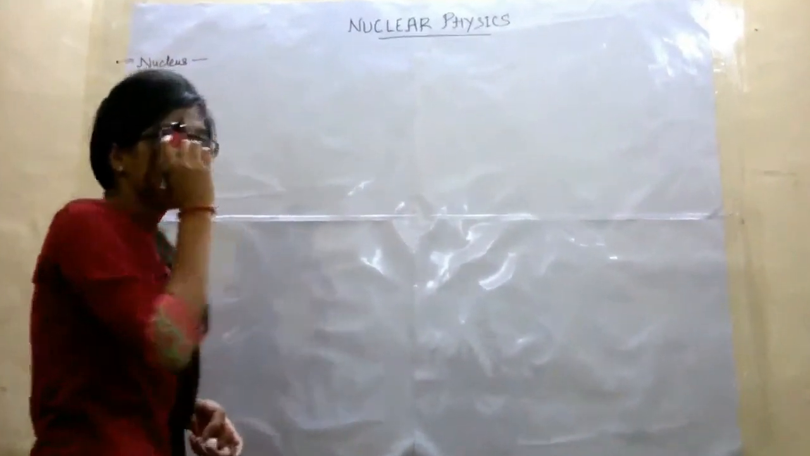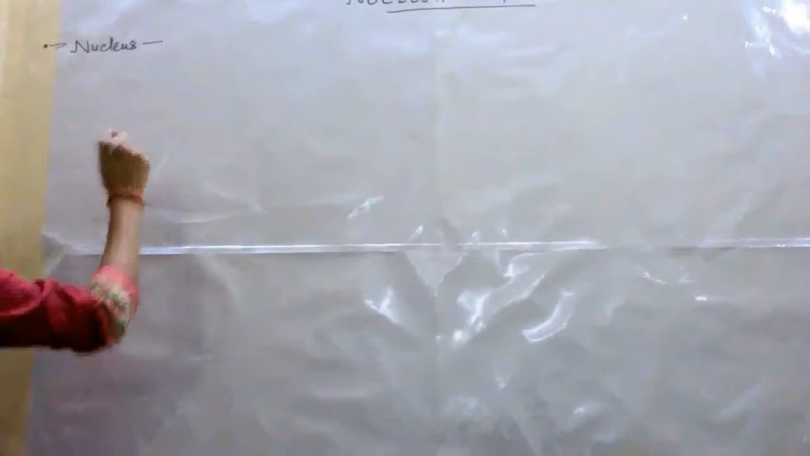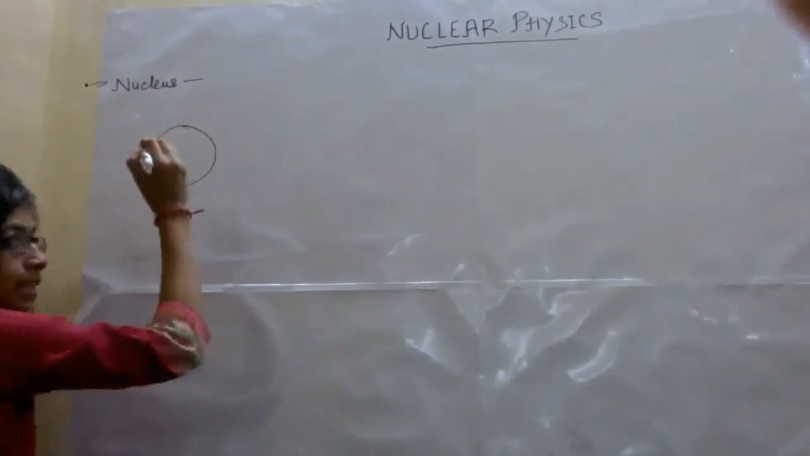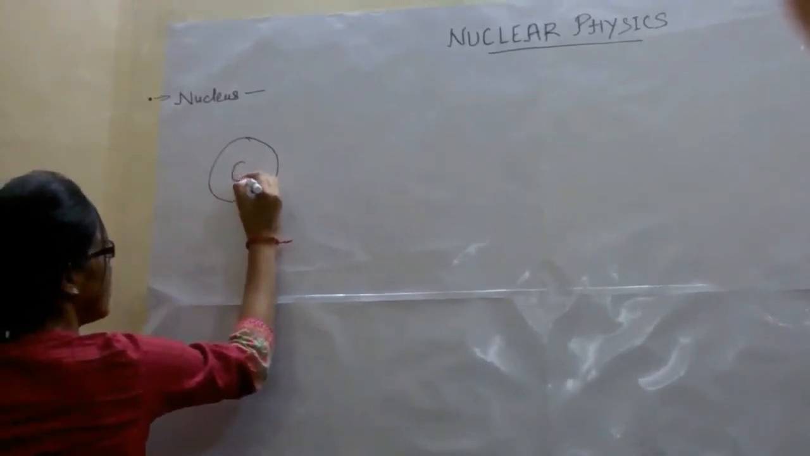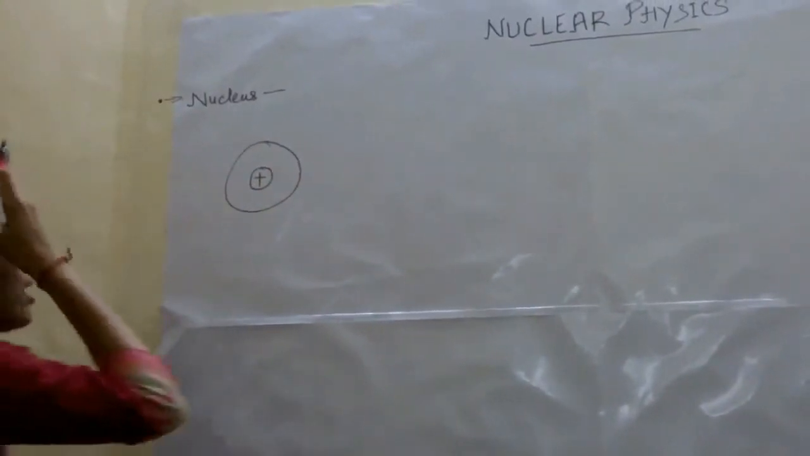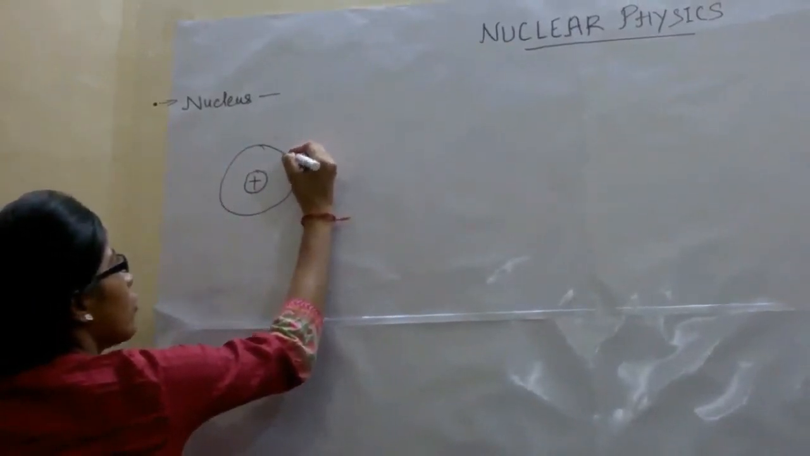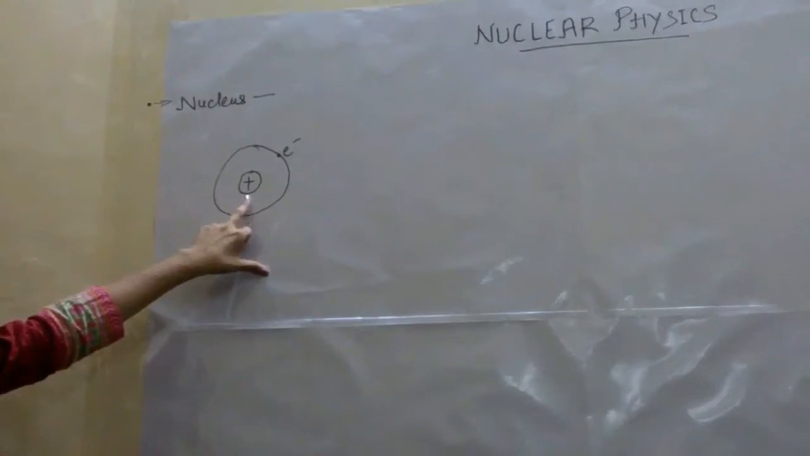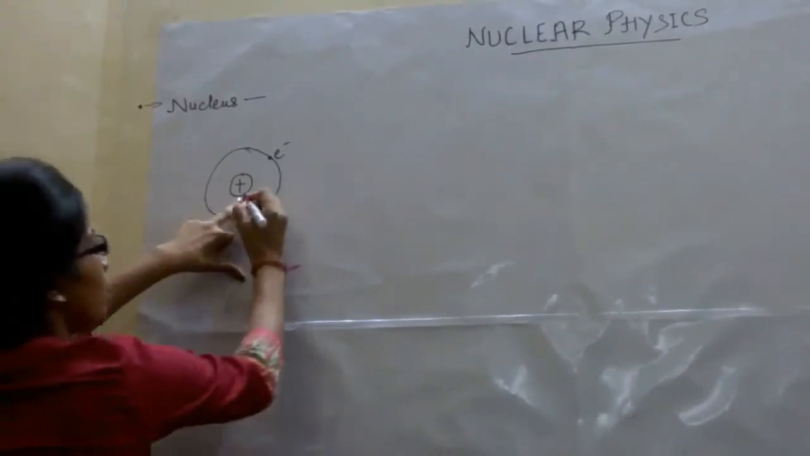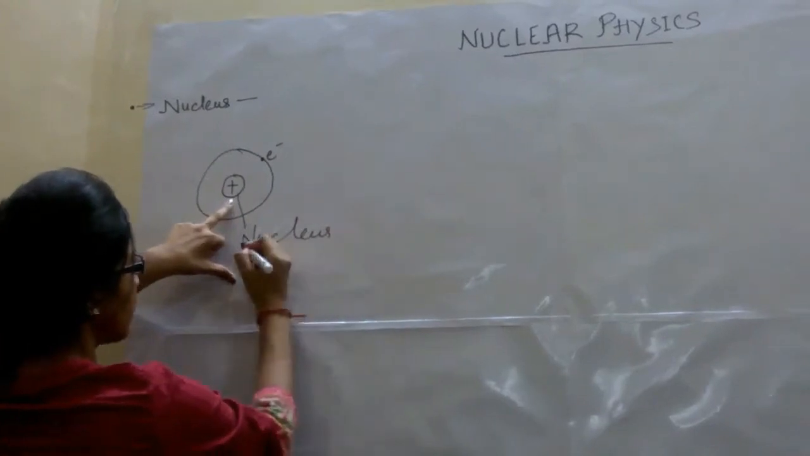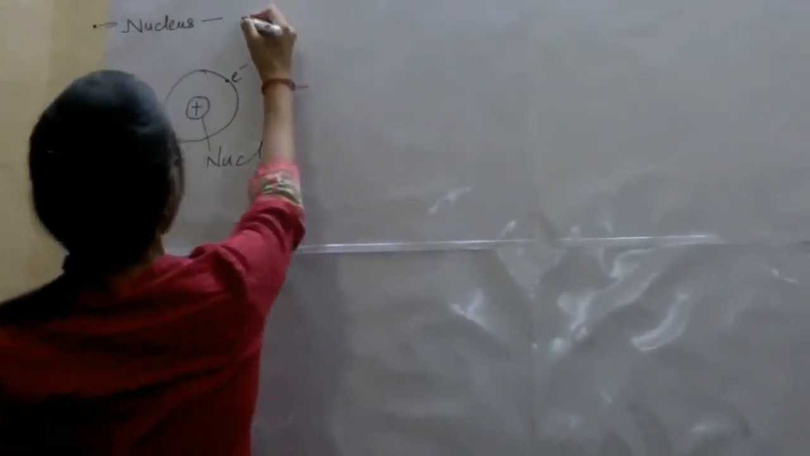Basically, how do we describe an atom? Say this is an atom. It has a positive center. An electron is revolving around it. What is this positive center? This is what we call nucleus. So basically, nucleus is a positively charged part